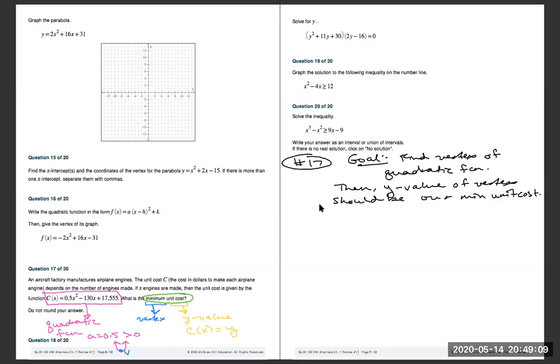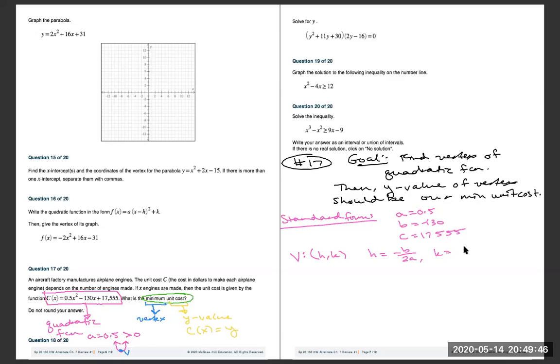Okay, so let's see this in practice. This is standard form that's given. For our quadratic function, we have a as 0.5, b as negative 130, and c is 17,555. Okay, remember your vertex is located at (h, k), and in standard form, h is equal to negative b over 2a,